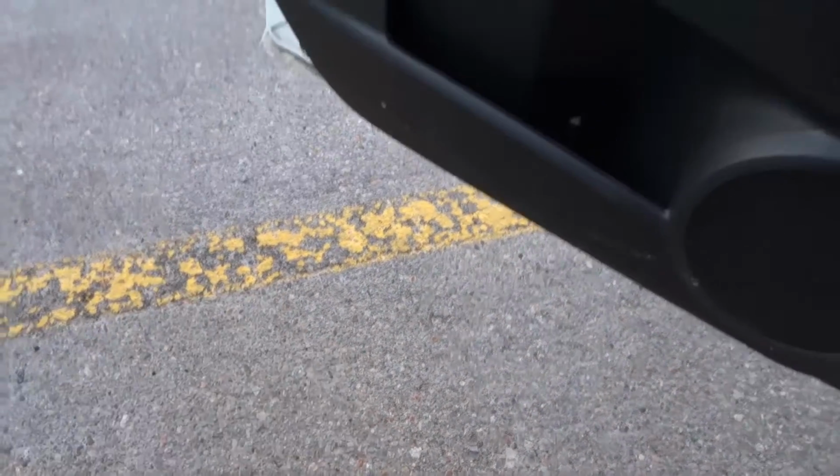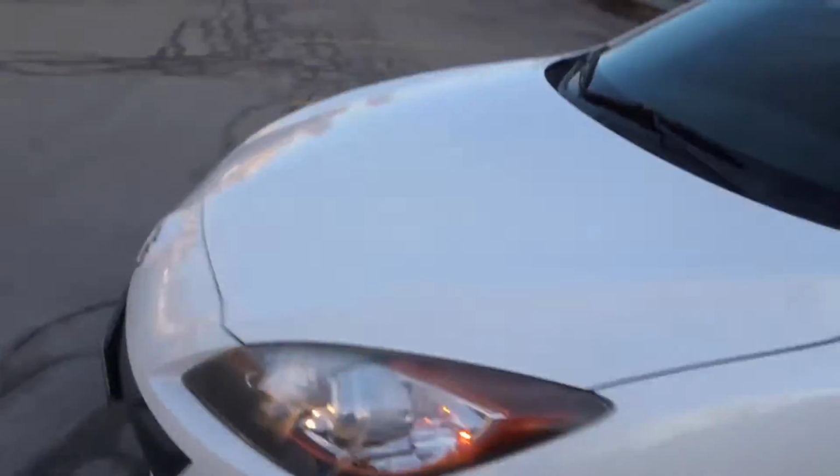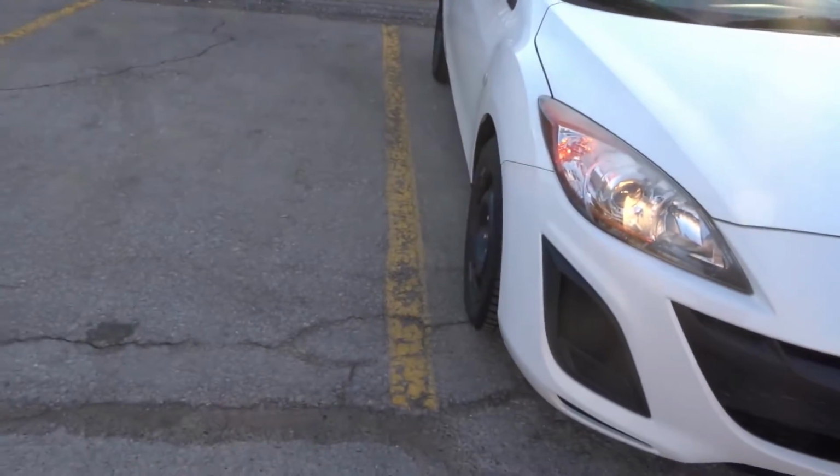Now check this out, I'm going to open the door. This is how I like to check. Now as you can see right here, I'm a little bit far from this line, but I am in the parking spot. And what I'll do is let's get out of the car just to show you. It's an empty parking lot, there's nobody around. As you can see over here, I am in the parking spot. So you can see I'm in between the